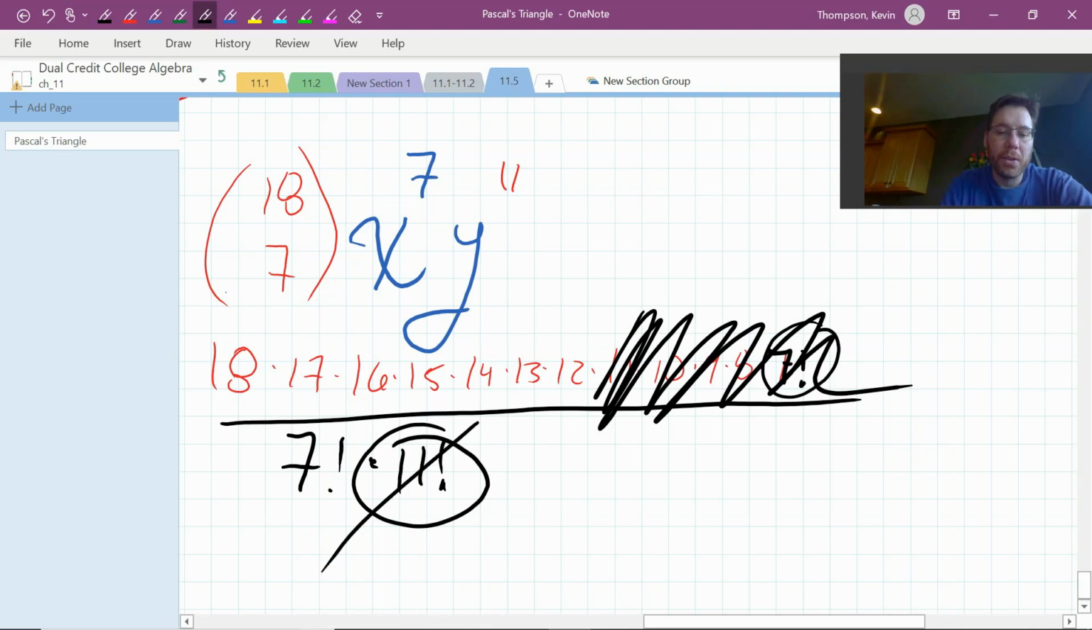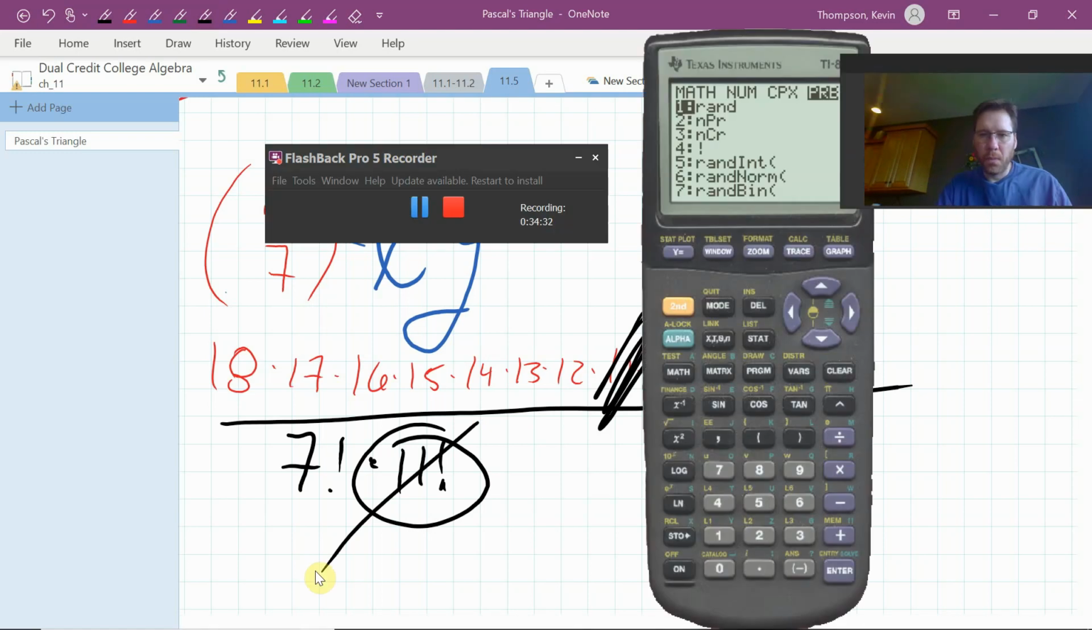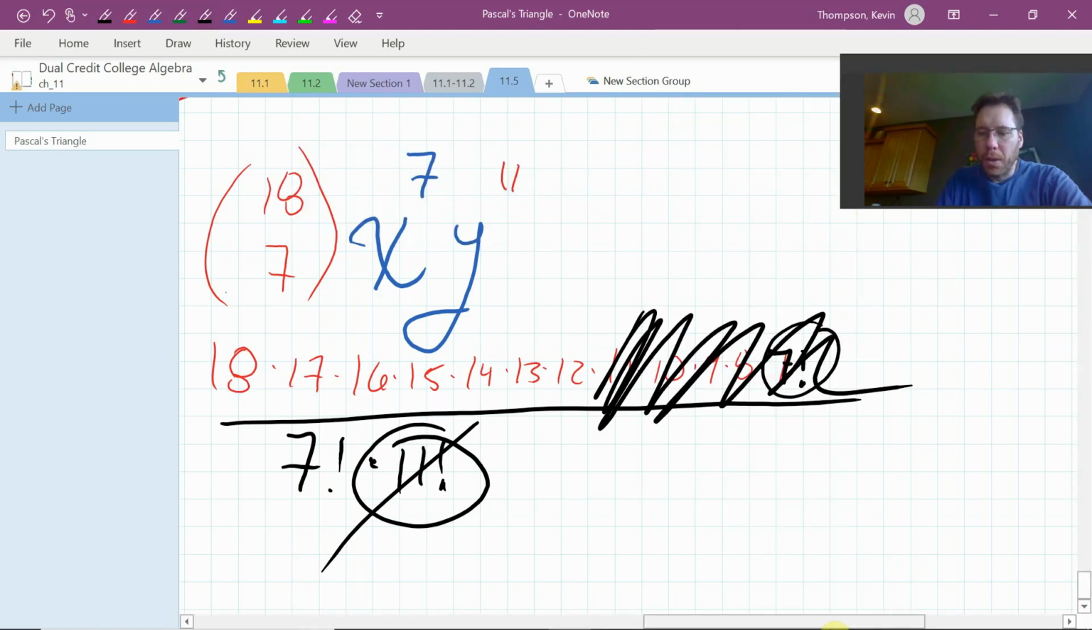And then this 11 is gone in the denominator, so all I'm left with is the 7 times 6 times 5 times 4 times 3 times 2 times 1. And I could try to clean that up a little bit or get an answer, but let me get my virtual calculator up. Okay, so